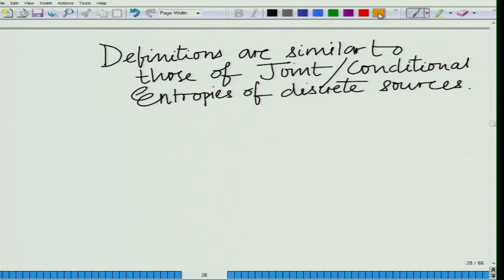Of course, we have seen the differential entropy is similar to that of the entropy, with the probabilities replaced by the probability density function and the summation replaced by the integral, which can also be viewed as a continuous summation. And therefore the joint and conditional differential entropies are also